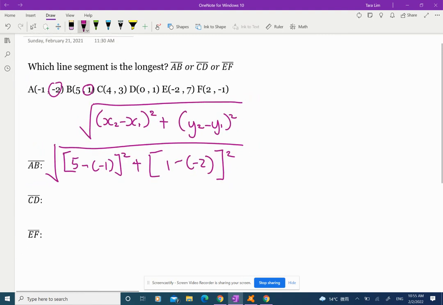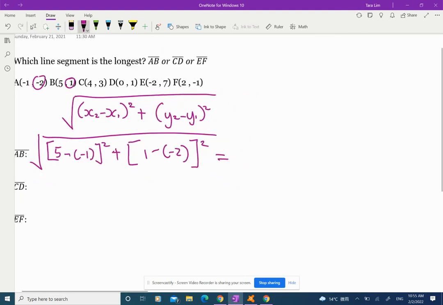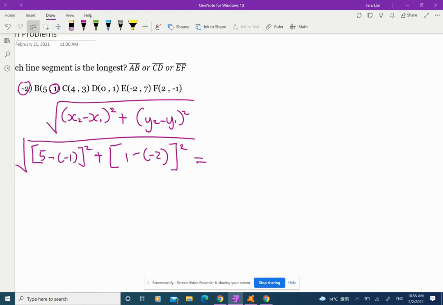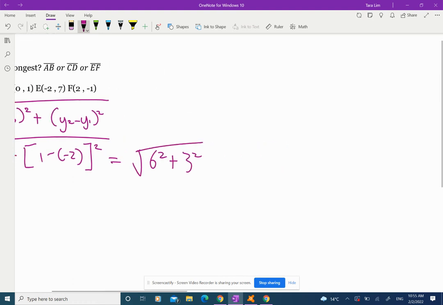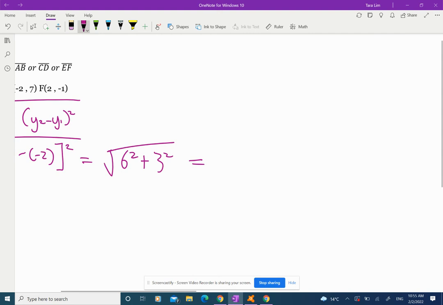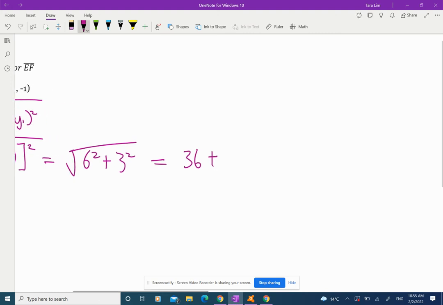So we have, let's simplify it. So 5 minus -1, which is 5 plus 1, so it's 6 squared, plus 1 minus -2, which is 1 plus 2, so 3 squared. Then we square root it. So we first of all square them. So 6 squared is 6 times 6, which is 36, plus 3 squared, which is 3 times 3, is 9. Then we square root it. Then we get